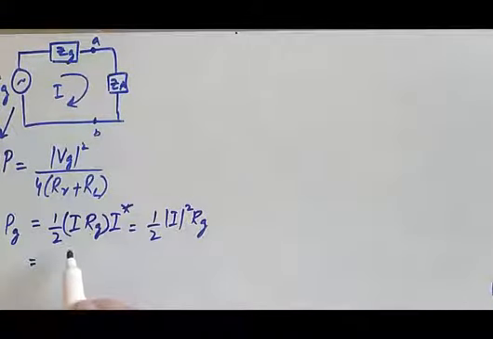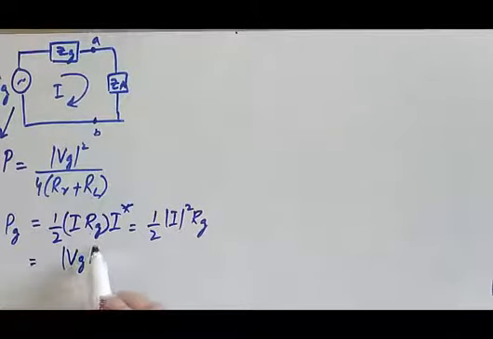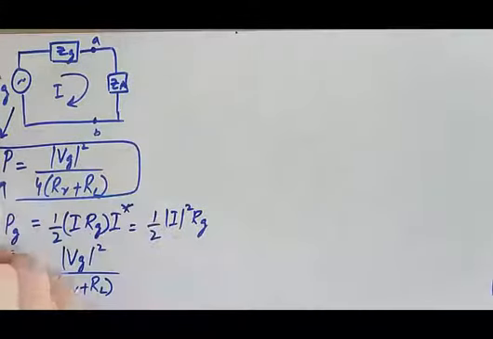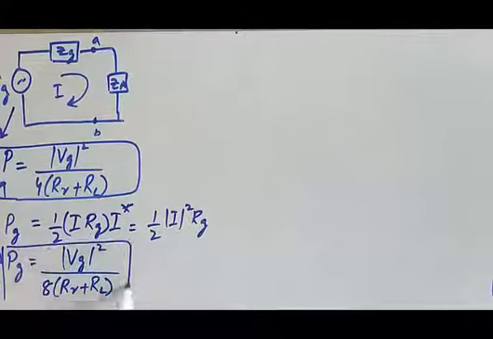So we ended up with |Vg| squared divided by 8(Rr + RL). When you notice this power dissipated in the resistance and compare it with the power available from the source, if you compare both these equations, look at it clearly, it shows that